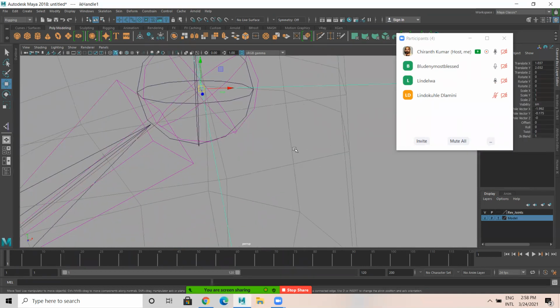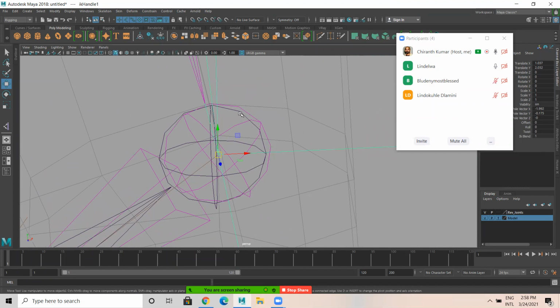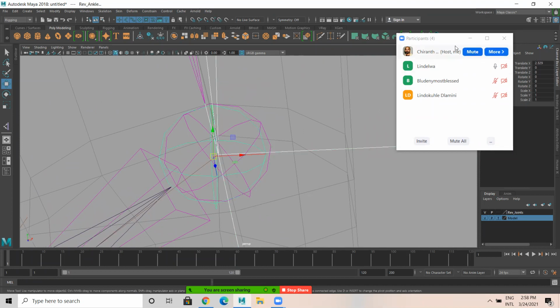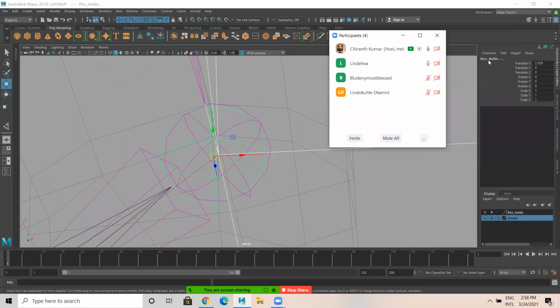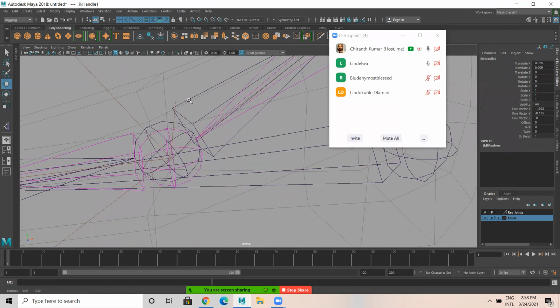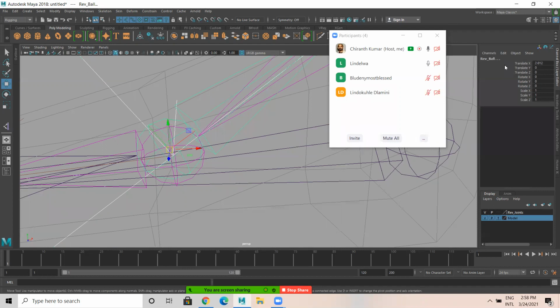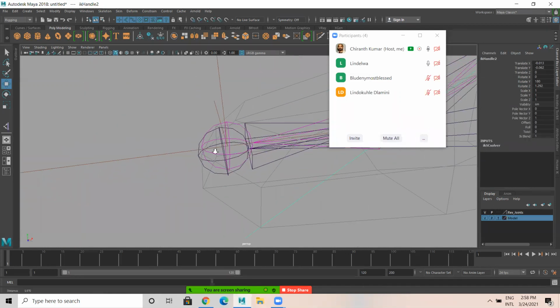Select the ankle IK handle, and shift select the reverse joint. You have to see the name, whether you have selected the proper joint or not. Then press P for parenting. Now select this ball IK handle and shift select this reverse ball joint and P for parenting.